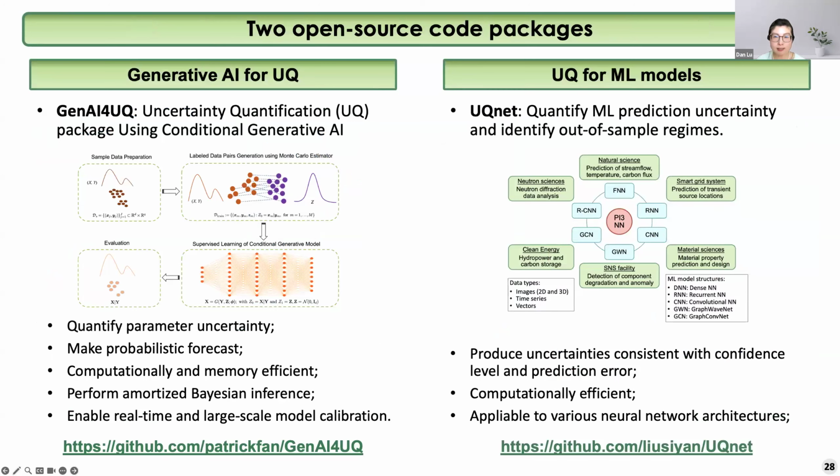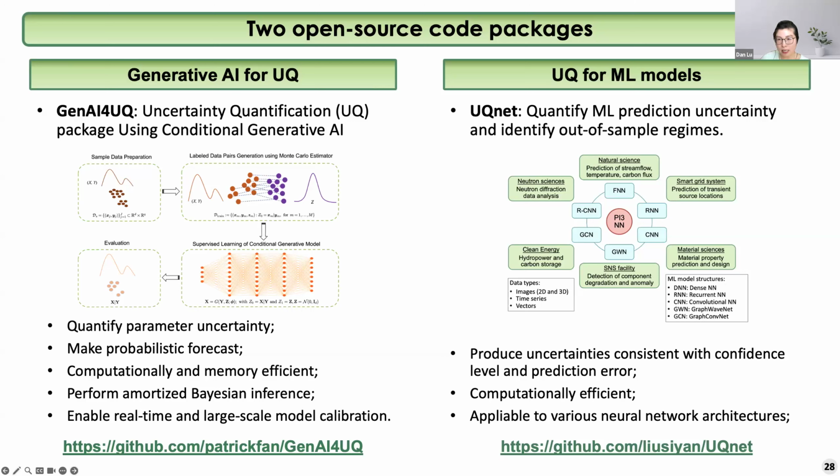Okay, so far we have discussed several machine learning models and the AI foundation models for diverse applications in the Earth system modeling. Our methods are designed for broader applicability, and we support the research community by developing open source code packages with comprehensive documentation and demonstrations. For example, in the left column, one package uses conditional generative AI to quantify the parameter uncertainty and generate probabilistic forecasts. And this approach is both computationally and memory efficient, enabling real-time large-scale model calibration and uncertainty